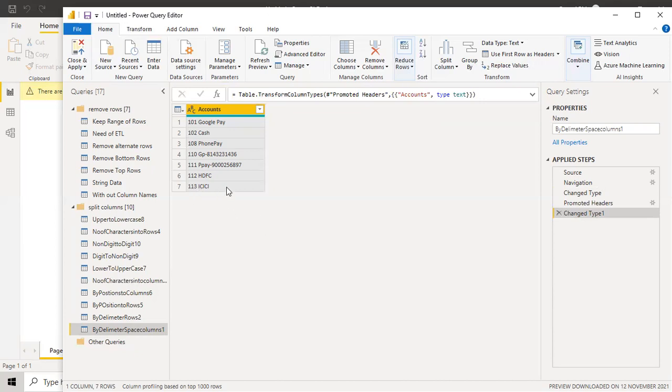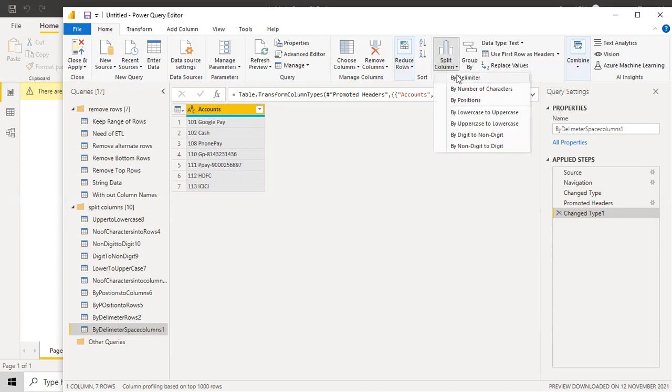Simple things. So for that, we'll come over here and split these columns. We do have a lot of options to split the columns. In this example, I need this number to be split, and this Google Pay should be split. We have a sequence where after every number there is a space over here. That is called a delimiter. Delimiters will be a lot of times a space. I'll show all of those, so I'll go over here.